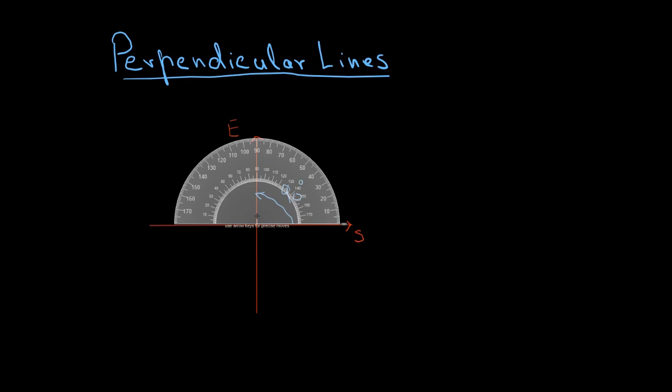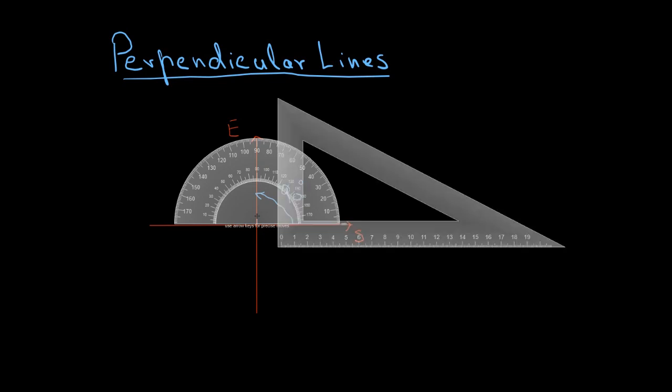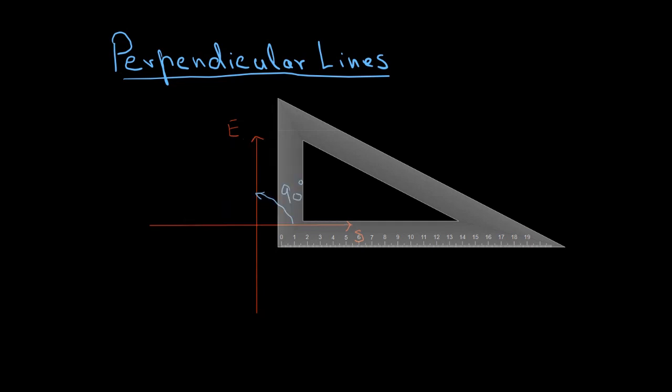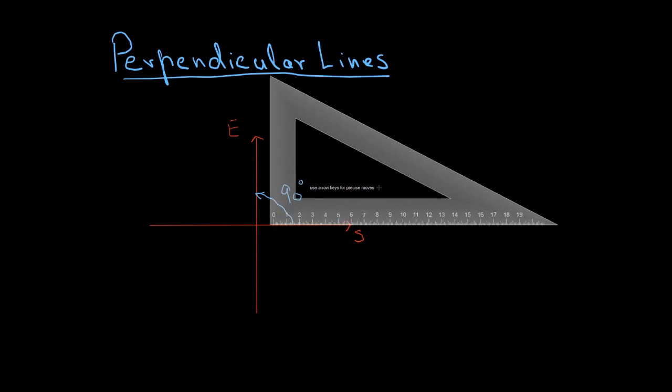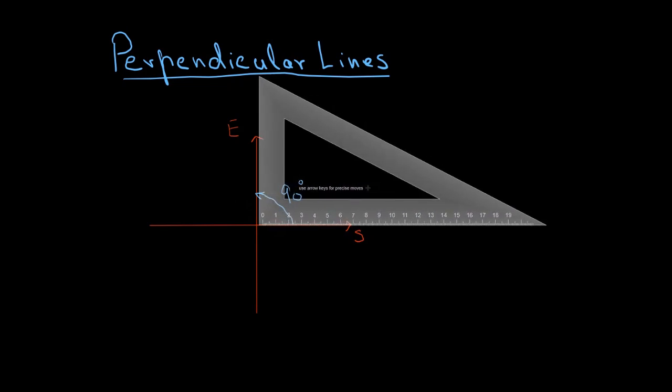Now, there are different ways that you can check for perpendicularity. Maybe you can even get a set square. So let me show you a set square. So this is called a set square. So first let me get rid of this protractor and show you the set square. The set square is really cool because it only has a 90-degree angle, and you can see that when